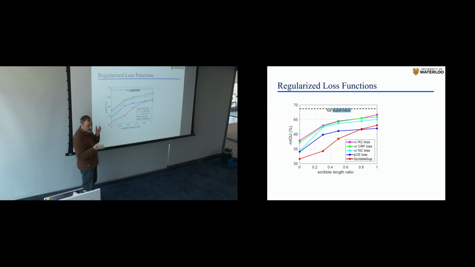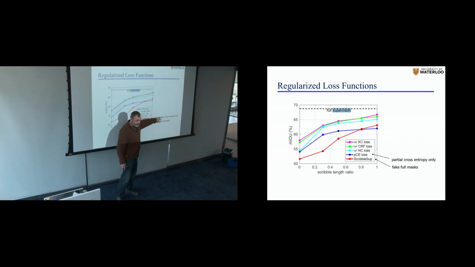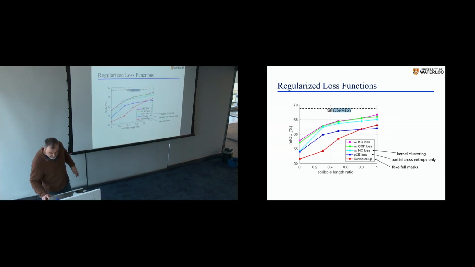I would almost think the machine learning people here would think it's trivial because that's what they do, except here we're doing this for segmentation. Surprisingly, segmentation seemed less obvious for whatever reason. But the jump from here to here is almost natural. I'm happy that there's a jump, but you would expect this. The relationship from here to here was quite interesting. So basically, don't try to fake it. Be true. These other colors, the cyan, green, magenta, are just different regularizers. This is fake full masks, partial cross entropy only, and then these are different forms of regularization.